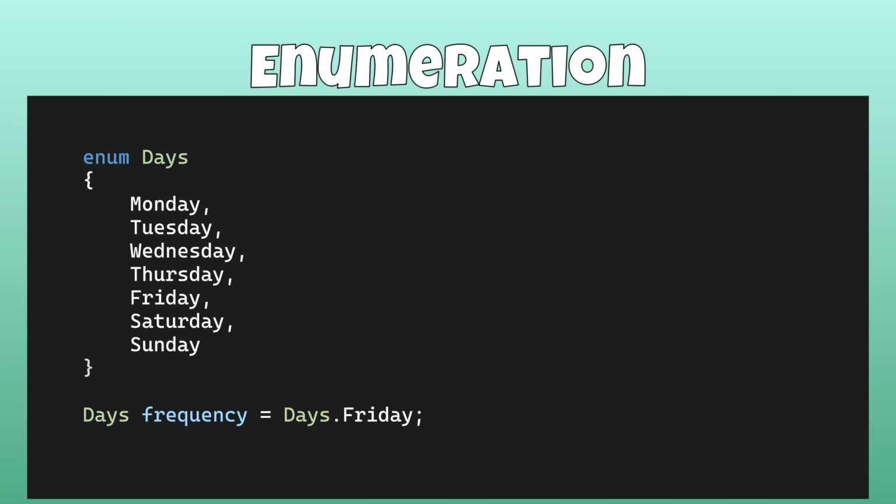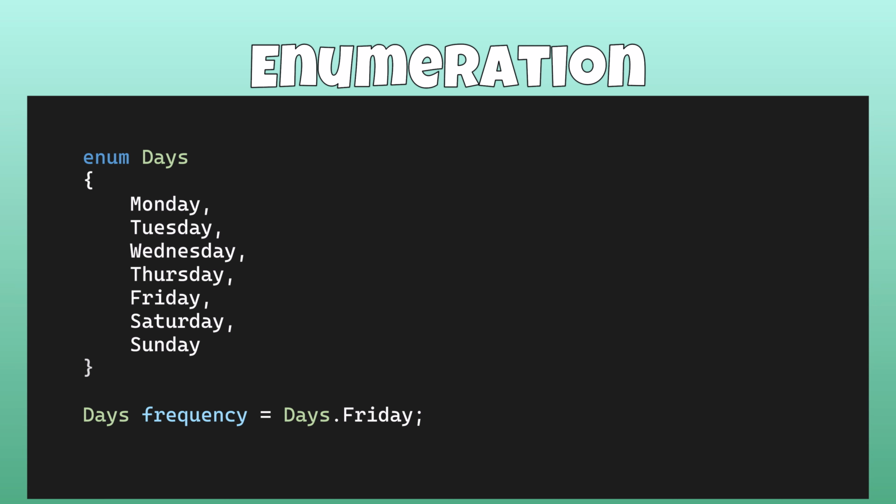Let's take another example. You have events in your game that happen on certain days of the week, for example, every Friday. You can therefore declare a Days enum, which contains the different days of the week, and a frequency variable, which contains the value Friday. So your event must occur every Friday. But let's imagine you have an event that has to happen twice a week, or even every day of the week. At the moment, in our frequency variable, we can only select one value from those proposed in our enum, so we can't select several different days.